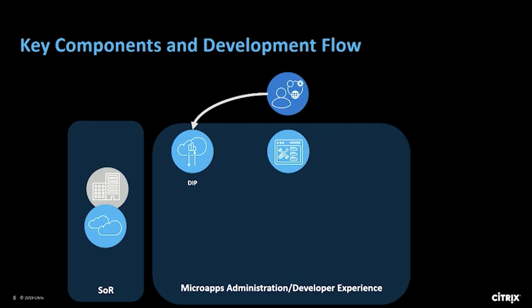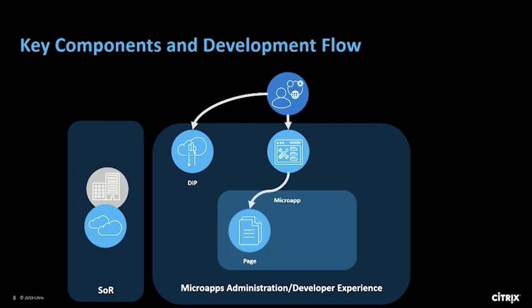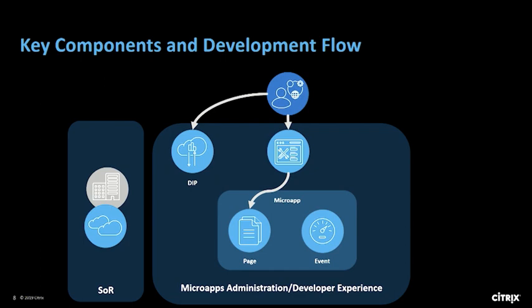Now we have Microapps Builder. We have to configure or create forms, pages, and configure notifications. So this is how Microapps Builder looks like. So we have a set of pages there, notifications. This is the page builder. It's easy to understand, a drag and drop, no-code tool, where you drag and drop components from the left-hand side to the middle section, where you have a preview of a page. You have a configuration section on the right-hand side,